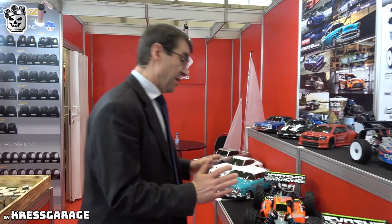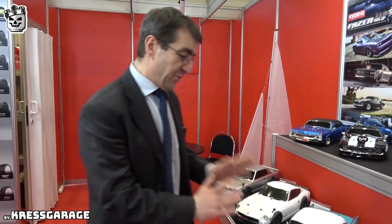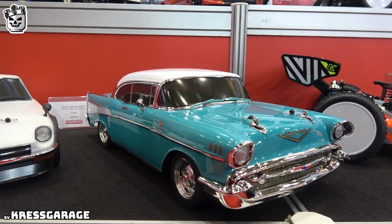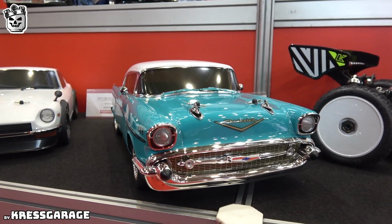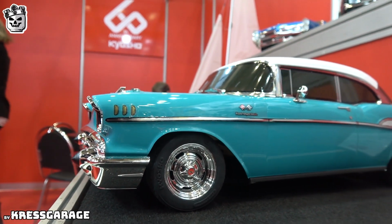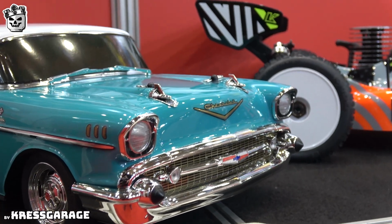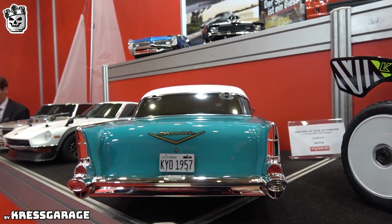I go quickly because there are so many models. We have a very beautiful Chevy Bel Air. It seems to be very popular already, and quite a brand new idea to bring that kind of old style American car. So it was a challenge to start with it, but it seems to be very, very accepted by the market. And next to it is